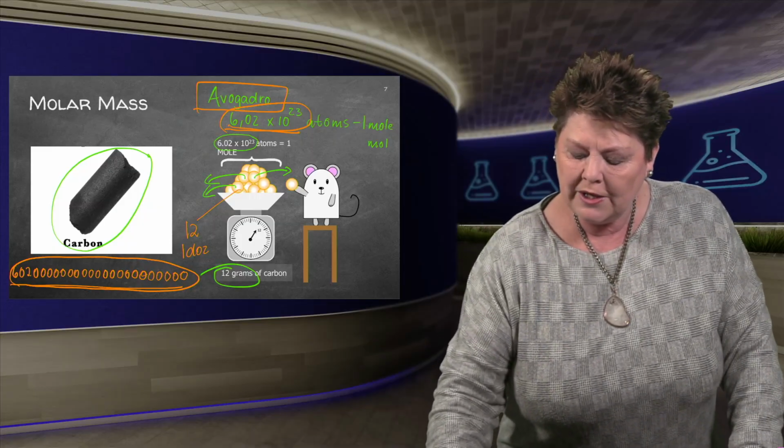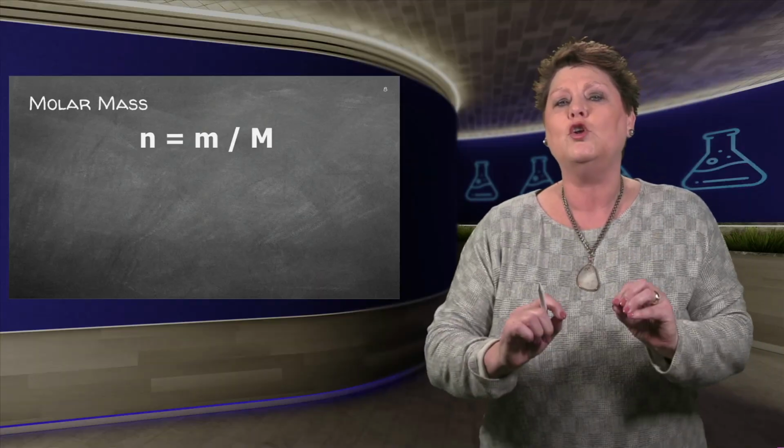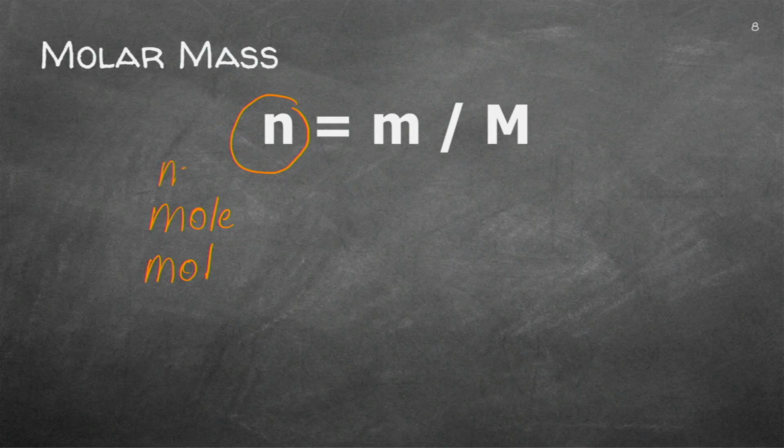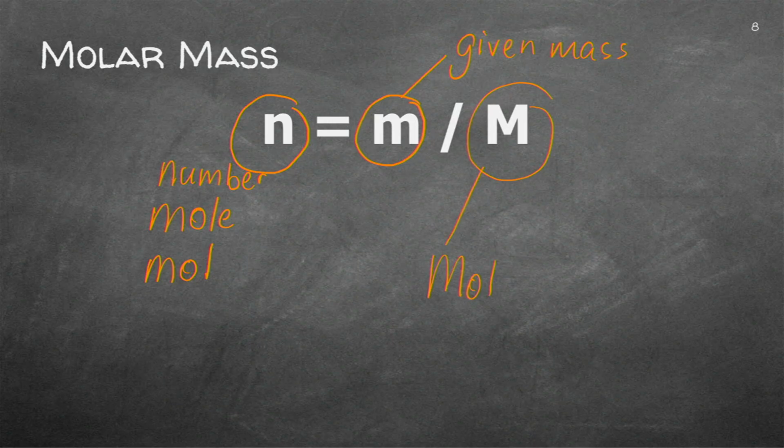Right, what do we know about molar mass? If you have a look on your information sheet, you'll find this specific equation. So what does it mean? It says n will be the mole. So again, it's either mole or mol like that. That's the number of moles of the specific mass that I've given you. That's the given mass, and this will be the molar mass. And guys, this molar mass is in your periodic table. We'll do a few calculations just now.